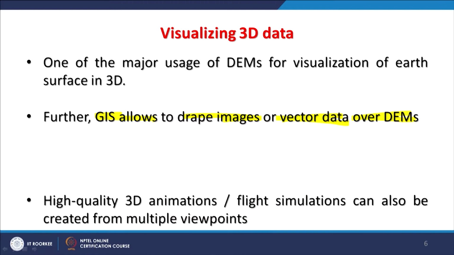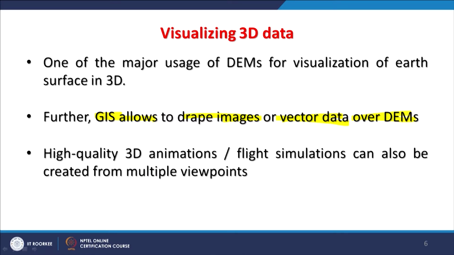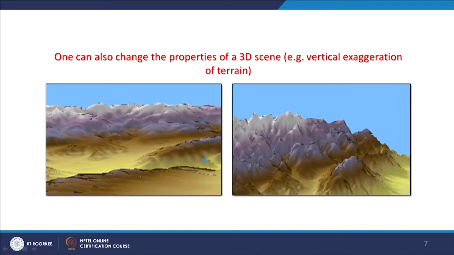So, a DEM is always in the background of Google Earth, and these high quality 3D animations which are being created, maybe on Google Earth, maybe on a GIS platform or on some other platform, always have a digital elevation model in the background. And for draping, you may have a satellite image, or if it is a 3D animation of an animal, then you can have a skin as an image, and a beautiful 3D perspective view can be created. Here we see one example of the 3D scenes and how these can be used.